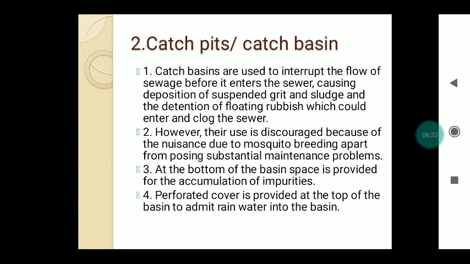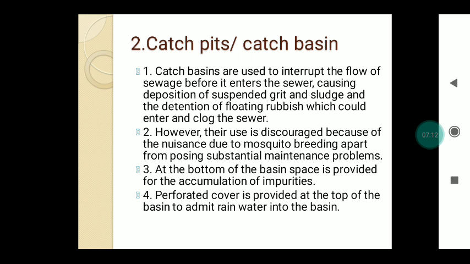Second appurtenance is nothing but catch pits or catch basins. The catch basins are used to interrupt the flow of the sewage before it enters the sewerage system. They cause the deposition of suspended grit or sludge and detention of the floating rubbish which would enter and clog the sewerage system. That's why catch pits or catch basins are constructed. However, their use is discouraged because of the nuisance due to mosquito breeding, apart from posing substantial maintenance